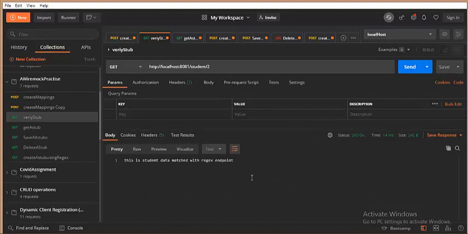Strange. There comes the problem. We have a stub present with /student/2, and when I hit that endpoint, what I ideally expect is this is student 2, as per the previous request. But what has happened is that when I hit student 2, I still got the generic response given by the regular expression endpoint, the generic one that we created. So there comes the point of prioritization, there comes the requirement to do that.